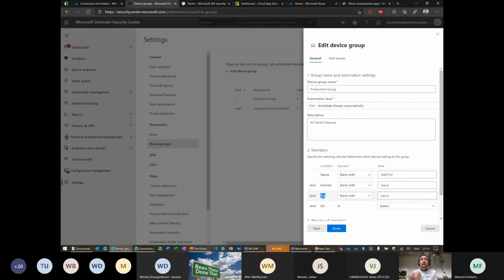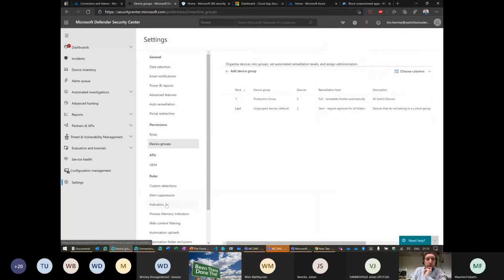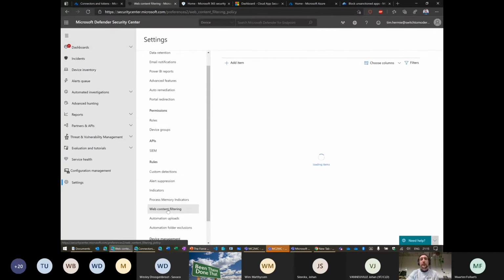We had a customer before who wanted to use the powers of Microsoft Defender for Endpoint to do some web content filtering based on some personas. So C-level could see anything on the internet. Let's say the administrative workers there could see a lot, but not Facebook and that, and they had different levels. So we tagged the devices with the different levels, and that way we could then, and I'm going to skip immediately to here, create some web content filtering here based on those device groups. So that's a solution that you can use.